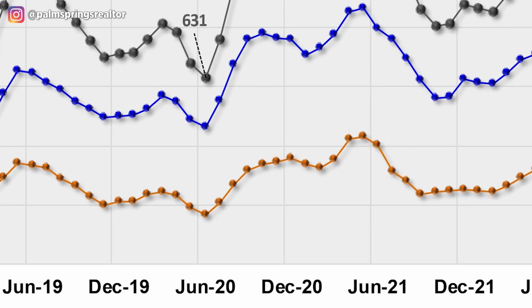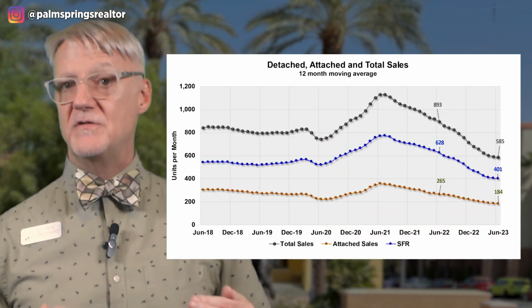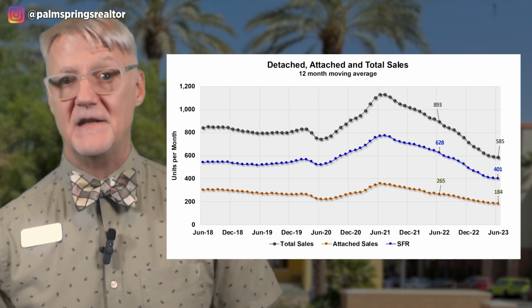In May of 2020, we were still feeling the pinch of the California shelter in place. But immediately after, during what I call the COVID rush, it shot up to over 1,000 units per month and got as high as 1,300 units. Compare this to our current average of 772 units. That's like double. Now, the 12-month average removes this seasonality and shows the trends in how homes are selling year